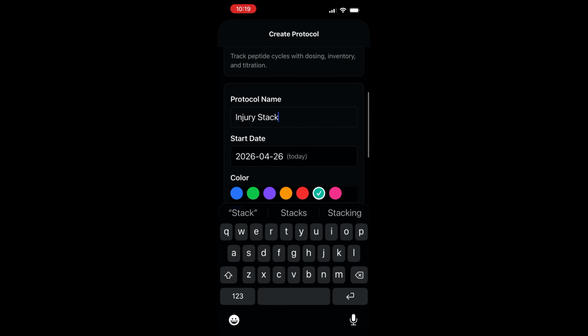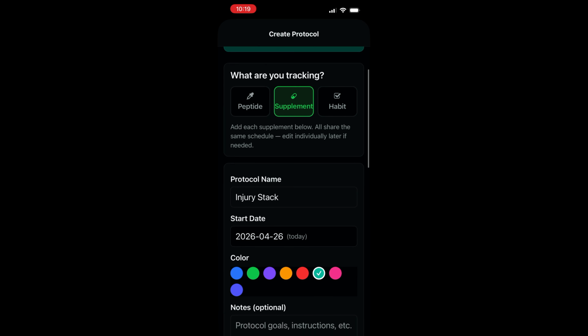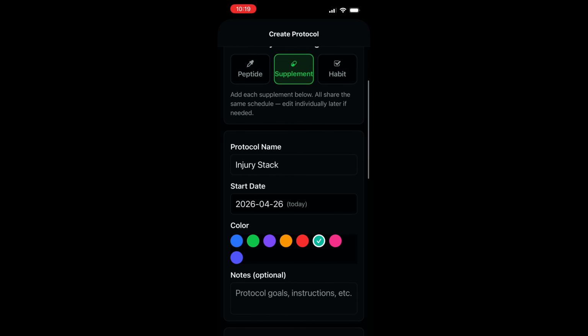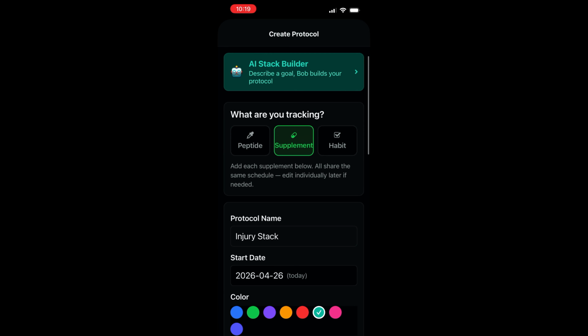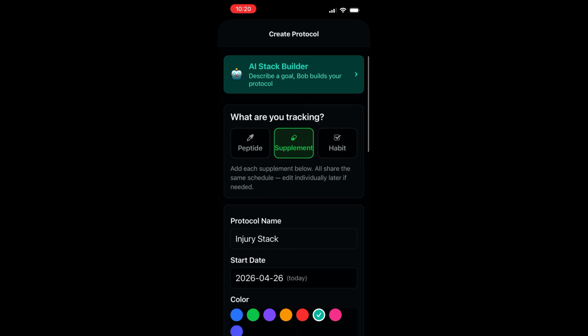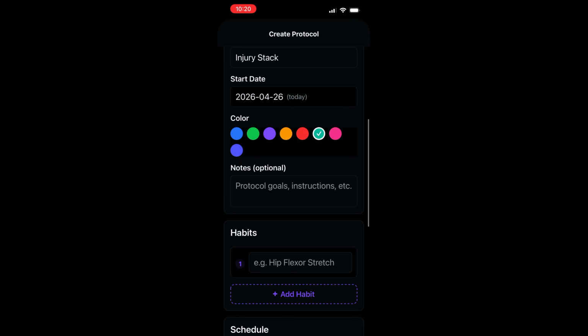The supplement type works the same way. Same fields, same setup. Good for anything you're taking orally, vitamins, nootropics, whatever you're tracking alongside your peptide stack. Habit tracking lets you add non-compound behaviors to your protocol: sleep, hydration, training, whatever you want to log consistently alongside